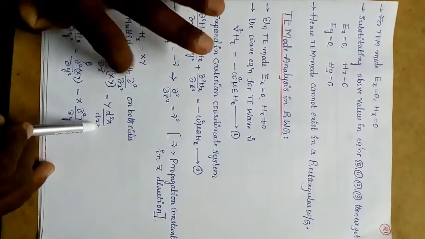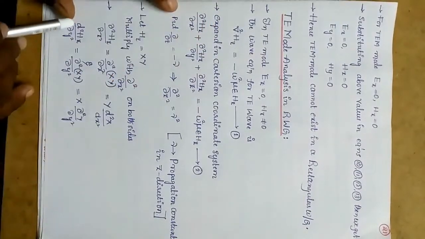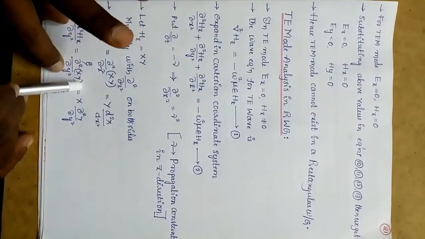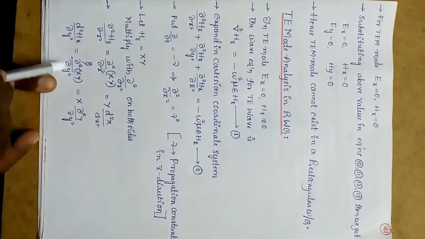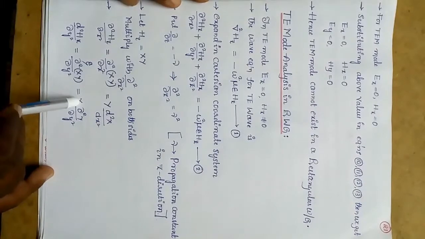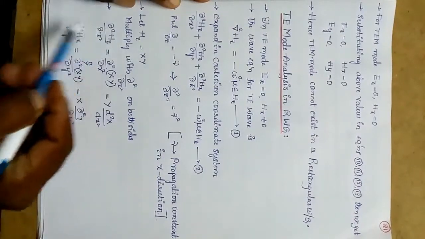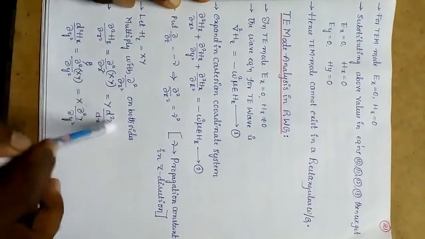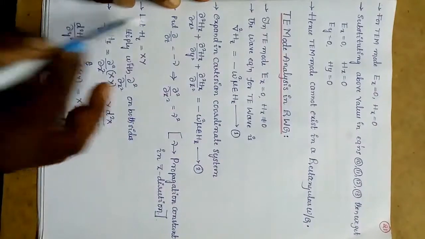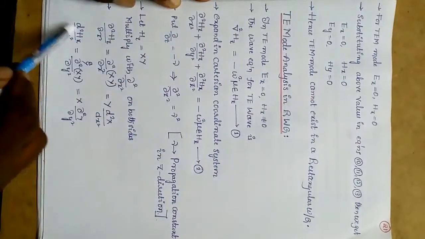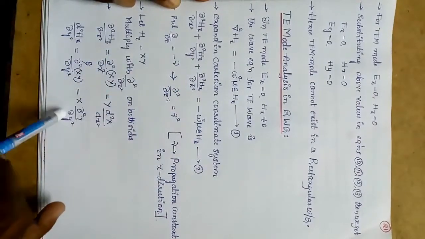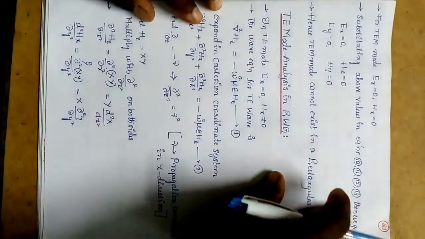Similarly, I am multiplying with dou square by dou y square on both sides. So dou square Hz by dou y square is equal to dou square XY by dou y square. In this, the function is y, so the y term is dou square and x is taken forward. So these two values are substituted in this equation. Where dou square Hz by dou x square is there, you simply substitute this term. Where dou square Hz by dou y square is there, you simply substitute x into dou square y by dou y square. Okay, next page.